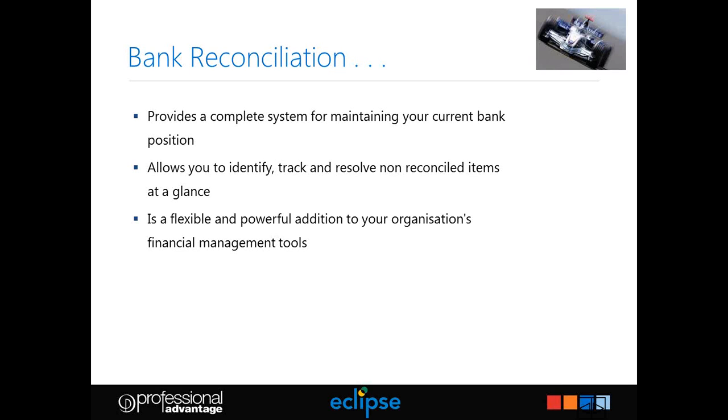It's a one-stop shop, so within the one module you have visibility of all the statement data, visibility of the transactional data, and all the reporting functionality. So you don't need to jump in and out of SunSystems in order to deal with anything you need to do, including things such as the ability to post transactions directly from the statement into the SunSystems ledger rather than having to jump out and post them in Sun in order to then reconcile them in the BankRec module. So it is a very good and powerful addition to the way that you manage those statements and the ledger reconciliation. And it's particularly good for